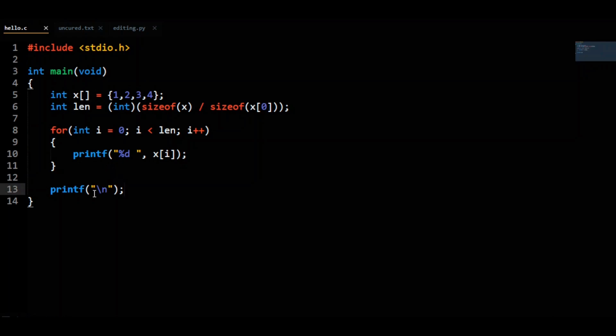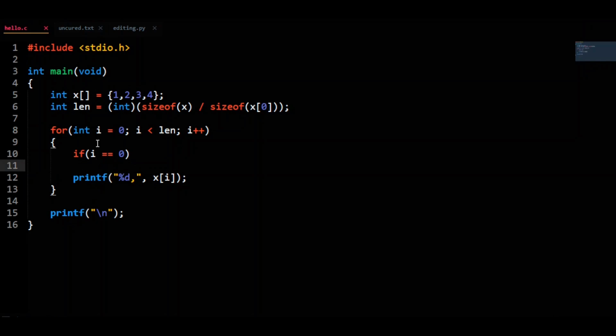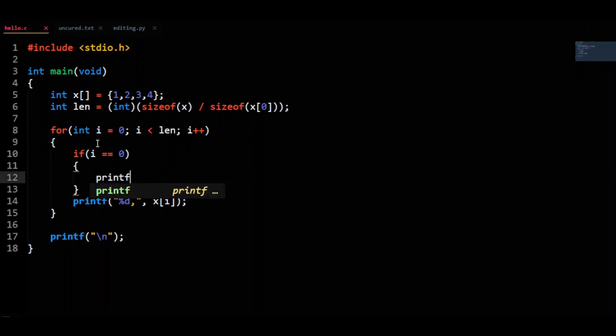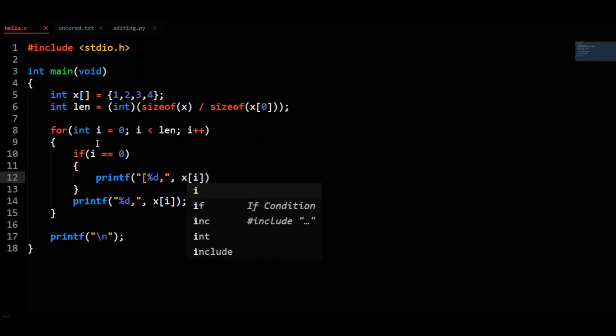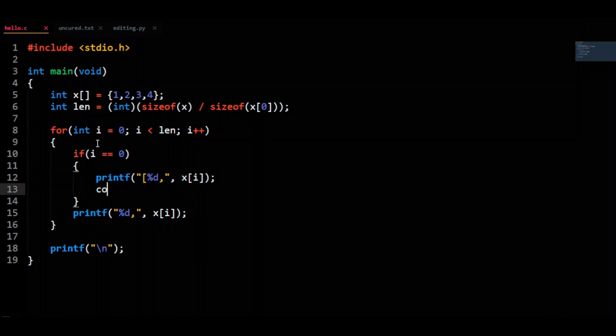On the printf in the loop, we'll change the space to a comma. Also, inside the loop, we will do 2 if conditions. If i equals 0, meaning we were talking about the first element, then printf double quotes opening left square bracket %d comma, then printf x sub i, and do a continue after to continue to the next run of the loop.